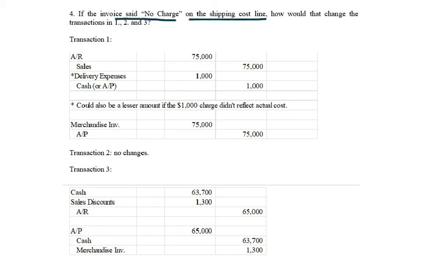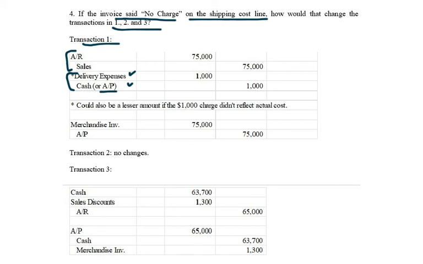What if the invoice says no charge on the shipping line? How does everything change in parts 1, 2, and 3? All right, so part 1, transaction 1, as I refer to it here, would change like so. It'd just be accounts receivable debit, sales credit for $75,000 instead of $76,000. Because remember, what's going to happen to that $1,000 for the shipping charge? It's going to get booked to delivery expenses, debit, cash, credit, or I can also say you could put it